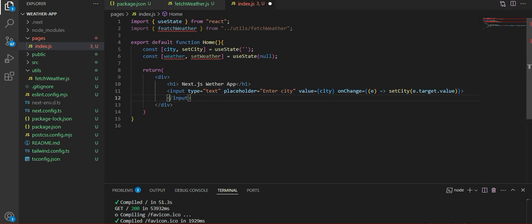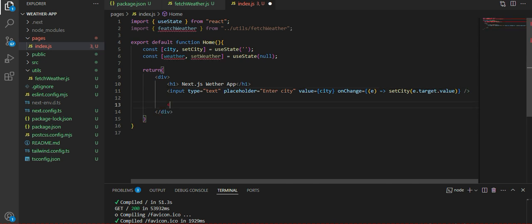And I think we don't need to close this one. Now we'll create a button to fetch the data, where we'll use this on click, and we'll make the API call on this button once the user clicks on it. So I'll create one more function, handle search, and let's give the name of that button get weather data,